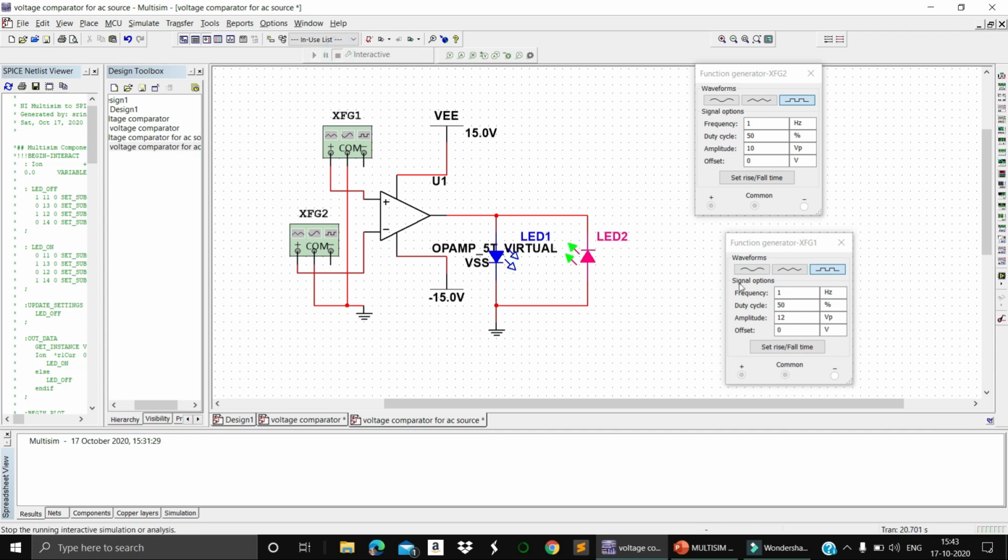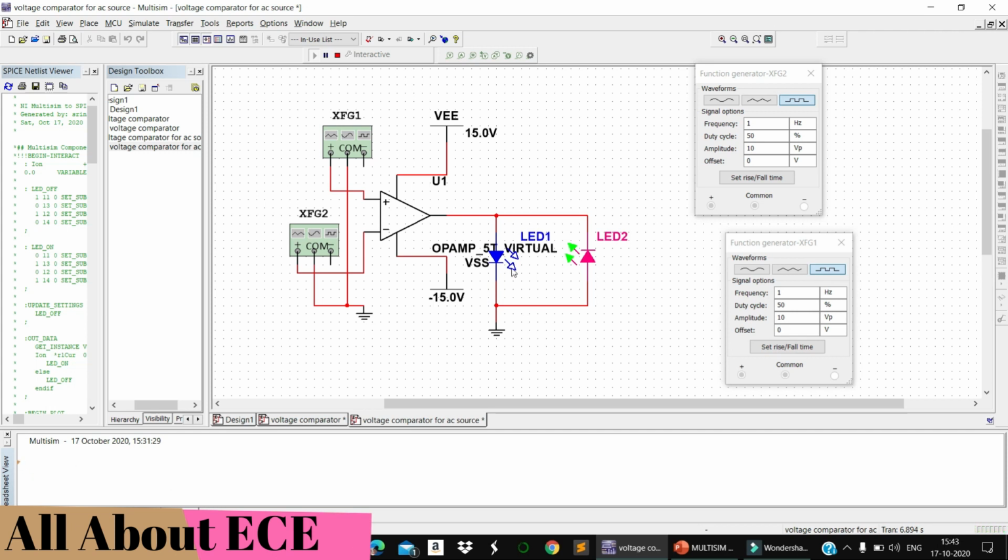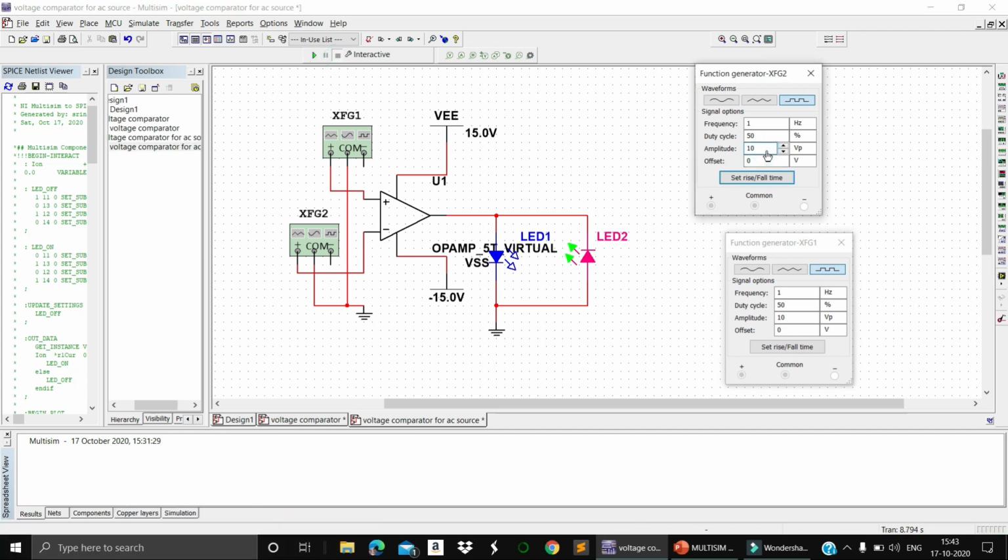What will happen if I keep both voltages equal? You can also notice, right? I am showing only one voltage, the remaining you can do also. You can see it is only in reverse bias and negative voltage, right? So only one will blink. What will happen if I keep this one more and this one less? In the previous session we did that, right?